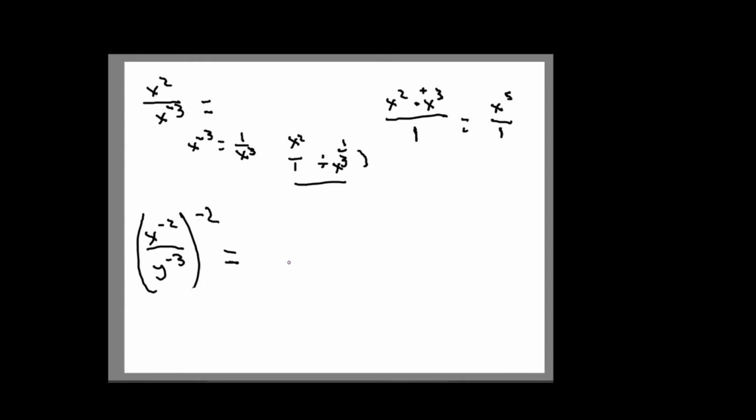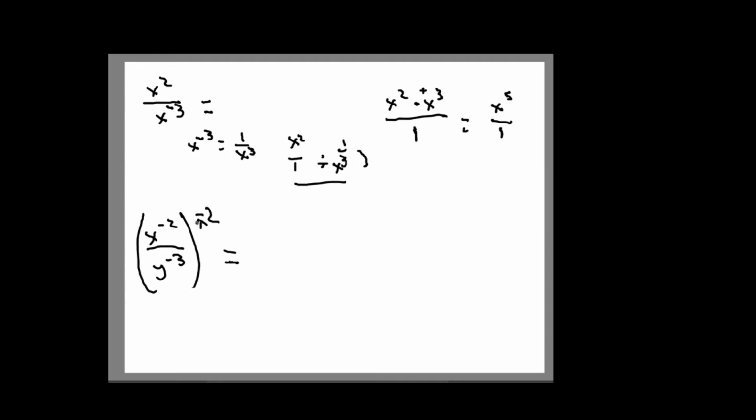Okay, so on to the next problem. In this case, we're going to have x to the power of negative 2 divided by y to the power of negative 3, and all of this to the power of negative 2. Now there's two ways of doing this. One of them would be, in order to get rid of the negative exponent we have here,